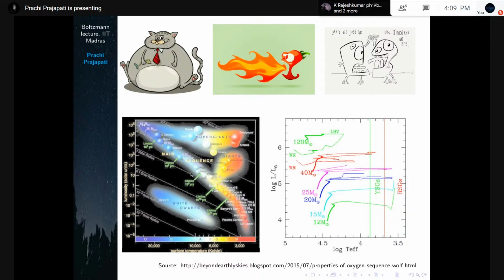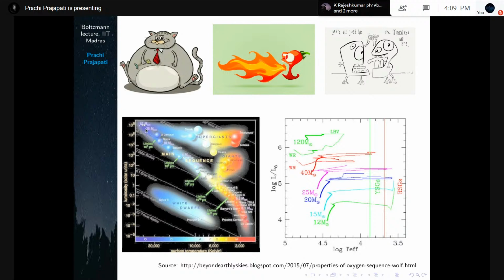Here you can see this diagonal patch, which is called the main sequence, where any newborn star steps in first. Then as it evolves, it either goes to the giant phase for the low mass part, and the massive stars evolve to the supergiant phase, which I described earlier in the figure. In particular, these parts are low mass stars. As we go upwards, here are the massive stars. Their lifetime is also written in green here.